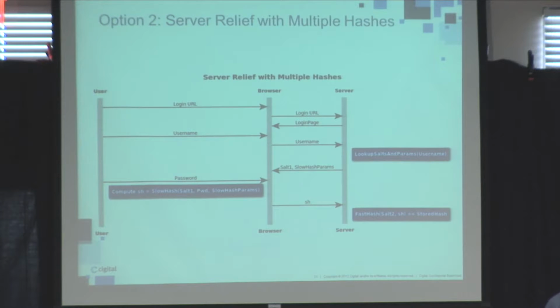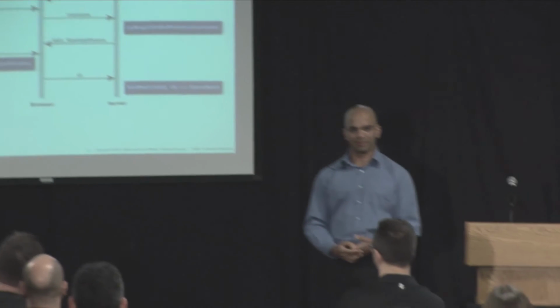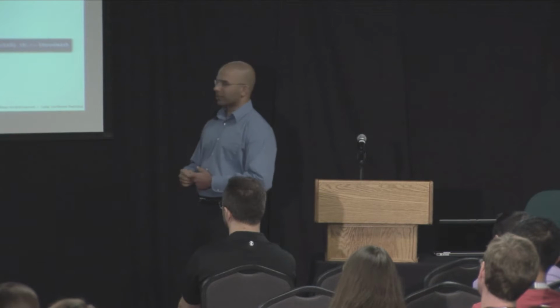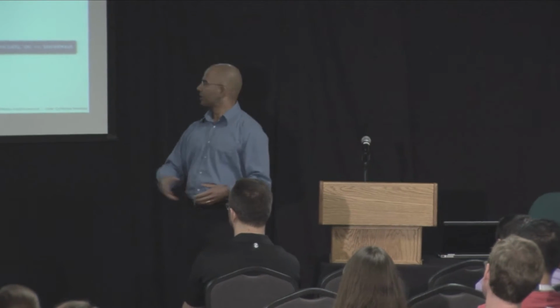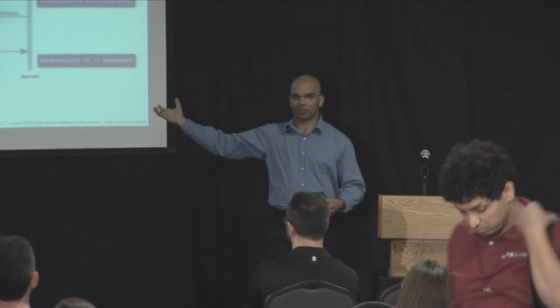Well, we're using the fast hash on the server side, so that's all the attacker needs to do. Technically, yeah, the attacker only needs to break that. Now, one potentially good thing about this approach is that you actually have to start from a password to be able to get the values that are stored on the server, right? So if you're building a hash table, you have to compute the slow hashes as well as the fast hashes. So it does maybe slow you down, but